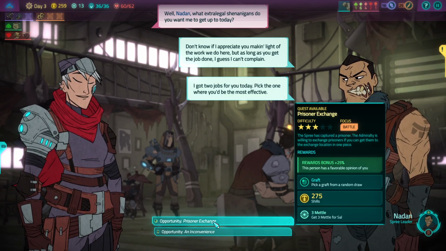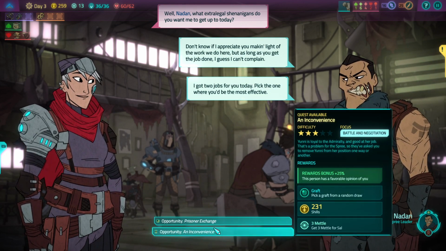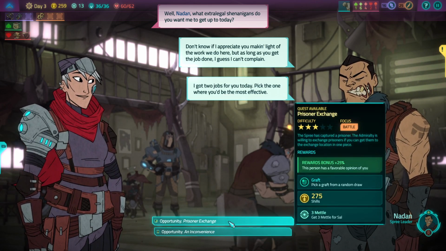Two options. We can do prisoner exchange. Admiralty is willing to exchange prisoners if you can get them to exchange location in one piece. Or an inconvenience. Uni is loyal to the Admiralty and good at her job. That's a problem for the Spree, so they've asked you to remove Uni from her position. We get a graft and we get...